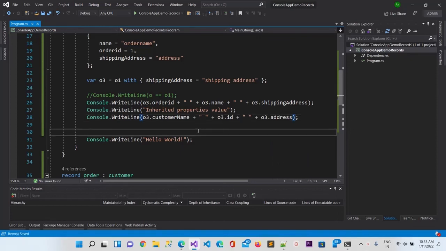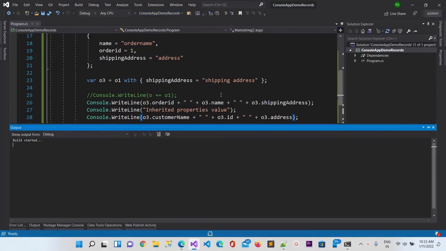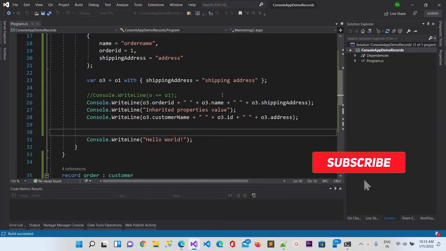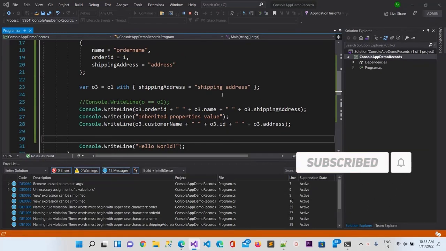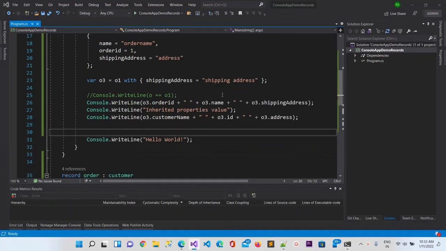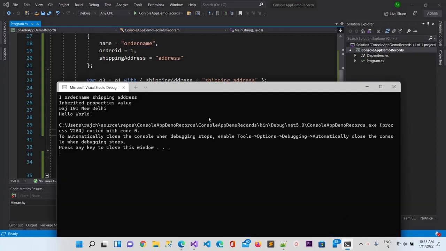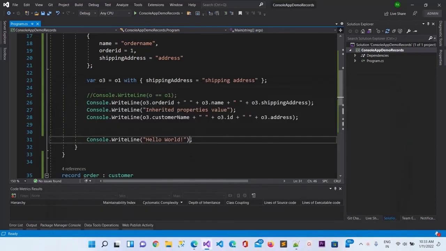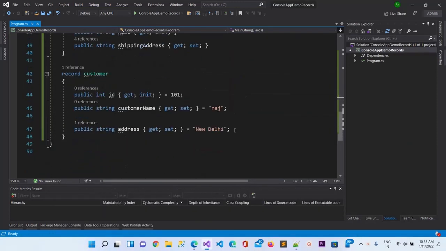Now let me run the project. And here you can see we are getting Raj as customer name, 101 as ID of customer, and New Delhi as the address. So we are also able to access the inherited values from the record.